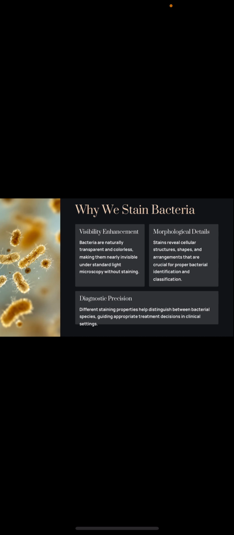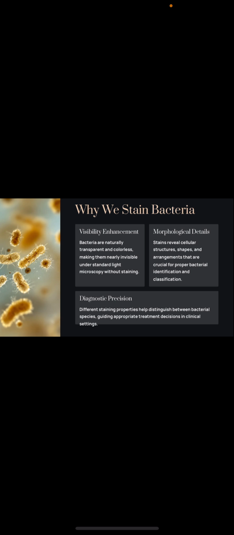No matter how expensive that particular microscope is, no matter how old or ancient that microscope is, or no matter how advanced that microscope is, the bacteria needs to get stained in order to get a view of it, because bacteria are naturally transparent and colorless. We can't view any bacteria under a microscope without staining it. So staining is an essential part in order to